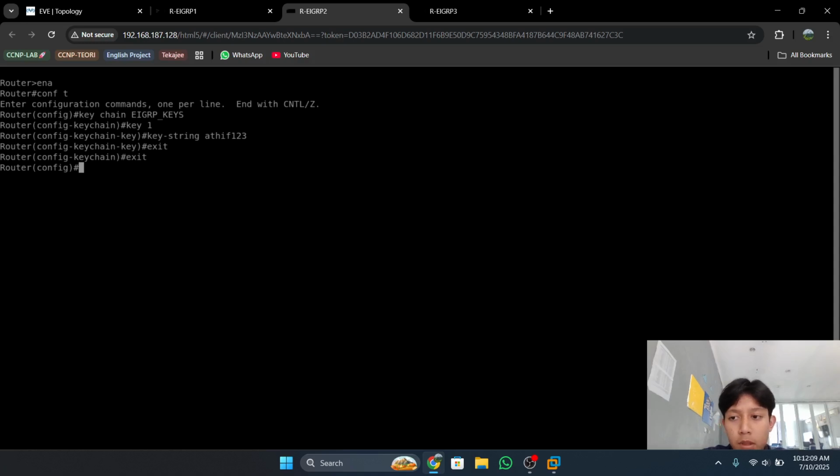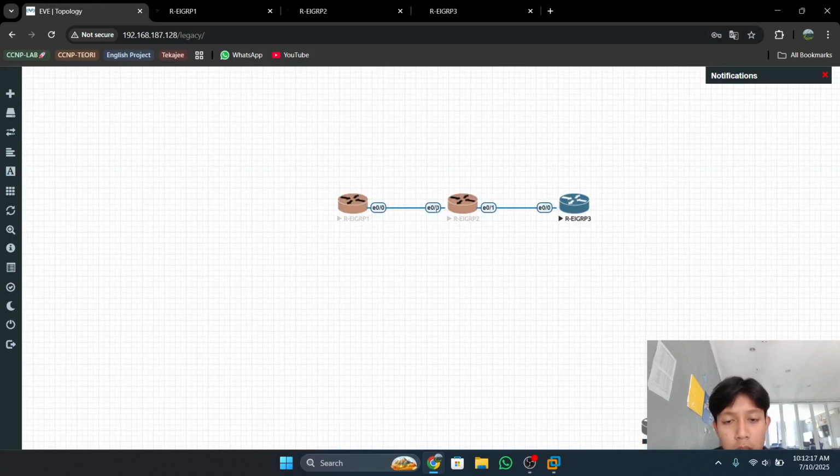Then, same as router 1, apply the authentication to the interface. Router 2 has two connected interfaces: Ethernet 0/0 goes to router 1 and Ethernet 0/1 goes to router 3.